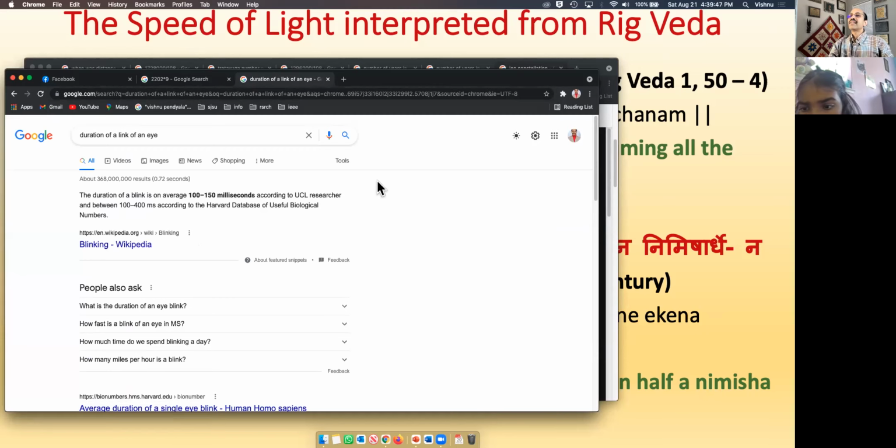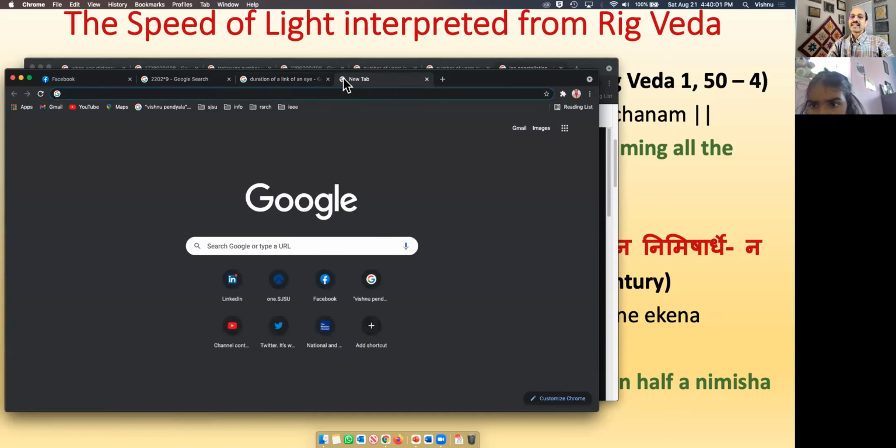So it says 100 to 150 milliseconds. So half that would be 50. No, but that is too much variation. There is like 50% more. 100 to 150 is a very wide range, and that doesn't help. Okay, let us look at